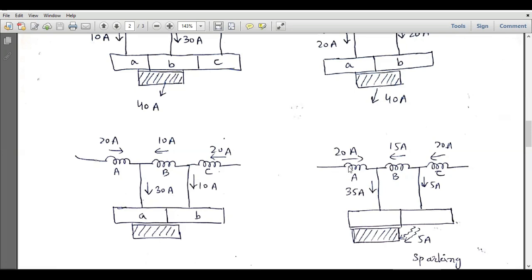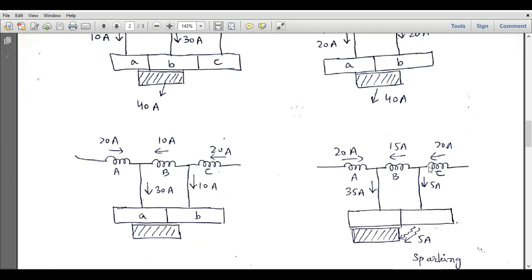Finally, this is our coil A, and it is providing 20 amperes of the current, and this is our coil B. Ideally, the current of that coil should have been 20 amperes from right to left, or alternatively, we should have observed minus 20 amperes of current in this coil. But due to poor commutation, the current of this coil has reversed only up to minus 15 amperes, and this 15 amperes